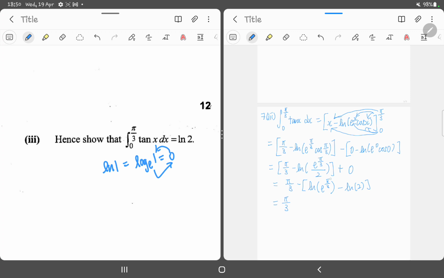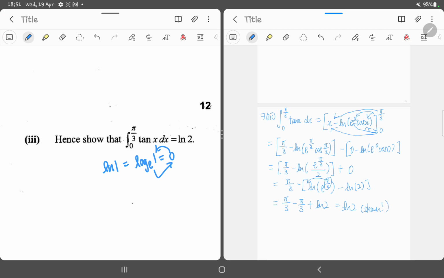Now, using the power law in the laws of logarithm, we can bring the pi over 3 down. So this is minus pi over 3 ln e. But since ln e is 1, we don't have to write this. And then we have our minus, and minus minus is plus ln 2. And pi over 3 minus pi over 3 is 0, so we are just left with ln 2, and that's it